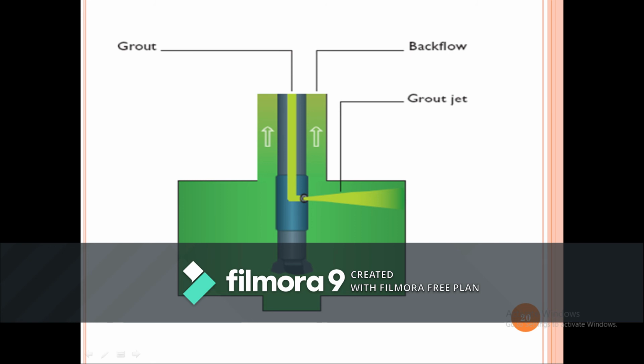See how it is being said. The grout jet is in the form of a conical shape that is getting inside, and when this is being sprayed, what will happen? This particular grout jet will be fixing into the soil, and when this fixing is taking place, whatever soil mass is nearby will try to move up. There is a backflow. When this backflow is there, a technique will be used in order to settle this particular soil. So here this grout jet technique is being used in this particular process. This is how it will actually happen on the site.